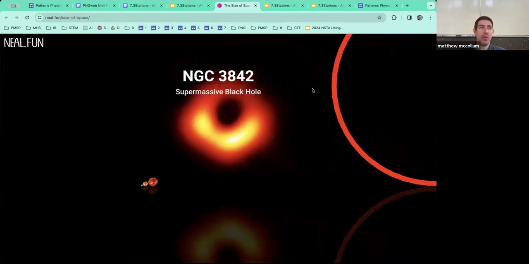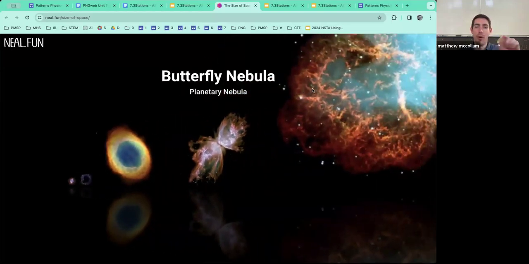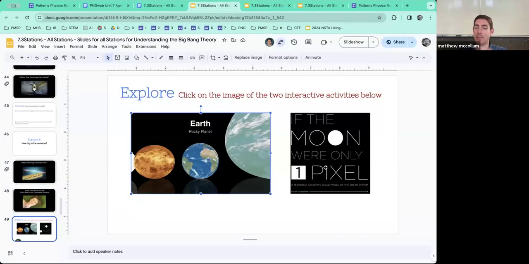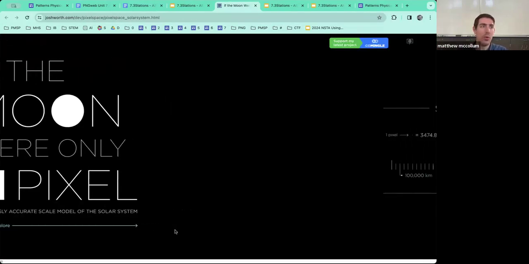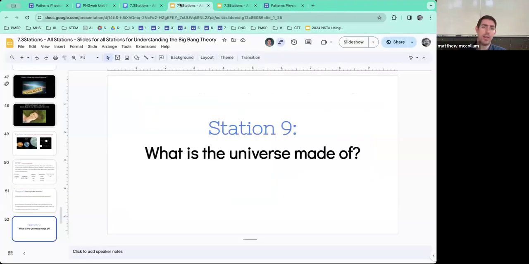And then there's another one that basically says, if the moon were only 1 pixel, how far away would things be? And so when students click on that, they scroll out and just see how far away things are here. So they're just a couple of interactives that students can look at and play with before they are looking at just the sense of scale of the universe. And that leads us to our second to last station, Station 9,